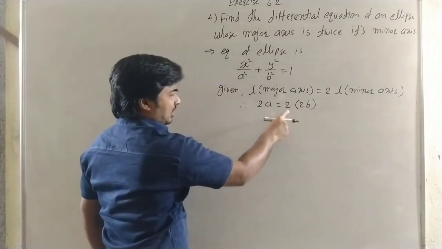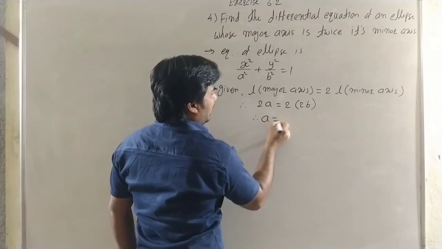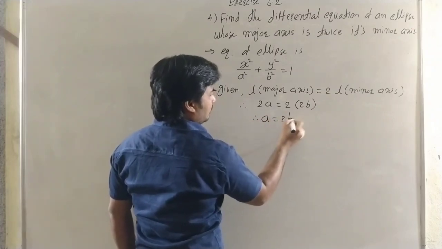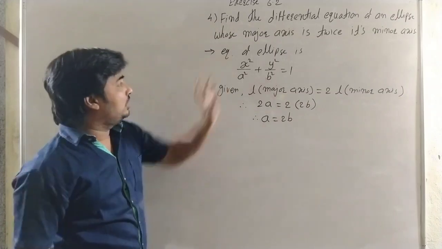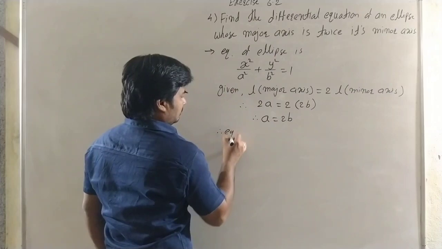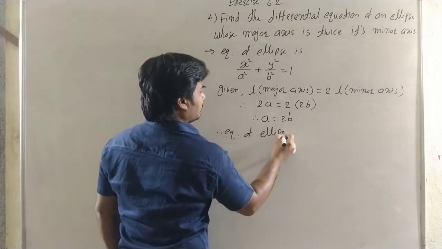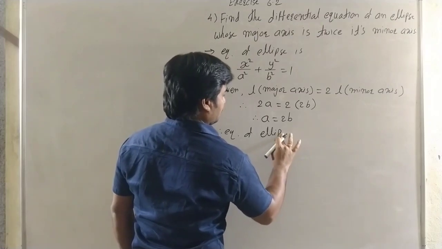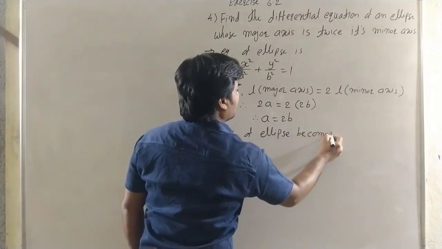See carefully, this 2 gets cancelled, therefore we get a is equal to 2b. Okay, here a is equal to 2b, put this value in the equation of ellipse. Therefore the equation of ellipse becomes